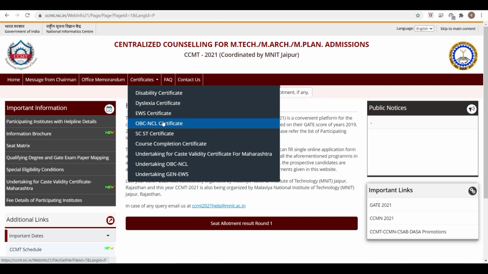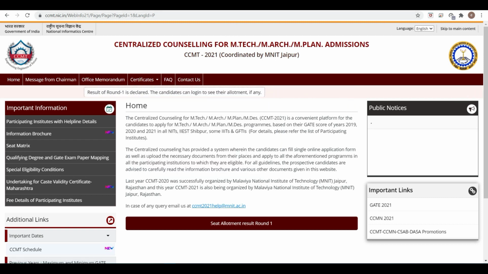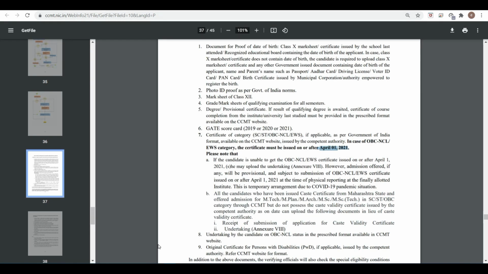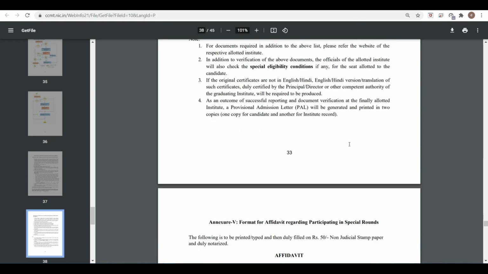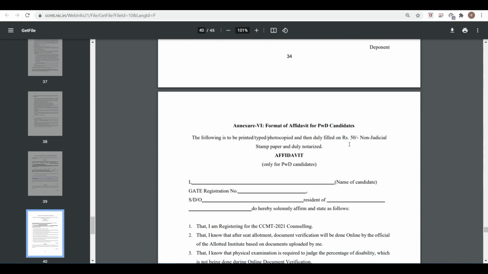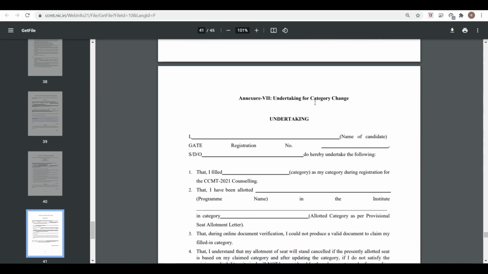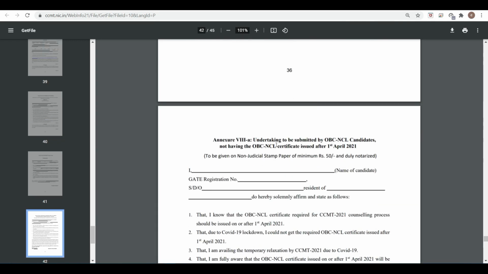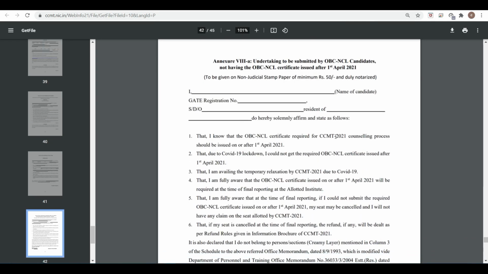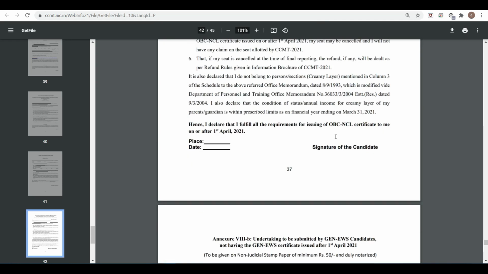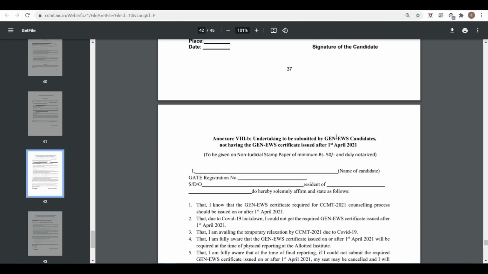So you have to upload this in the given format. Now if your certificate is not issued after 1st April, then you have to submit some undertakings. Here is the undertaking for category change, here is the undertaking for OBC that your certificate is not issued after 1st April, and here is the one for EWS candidates.